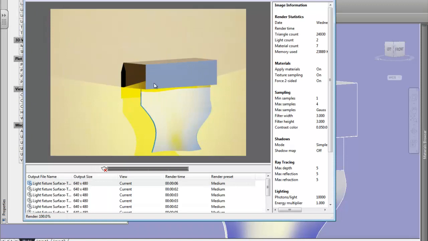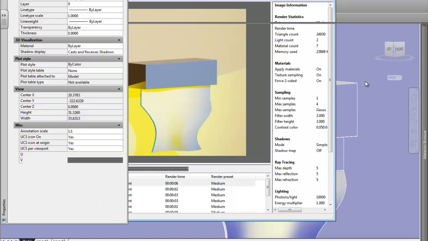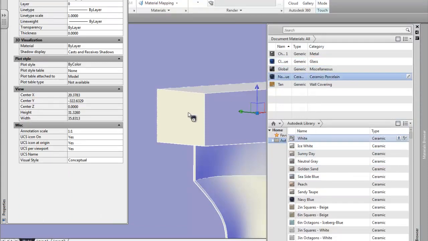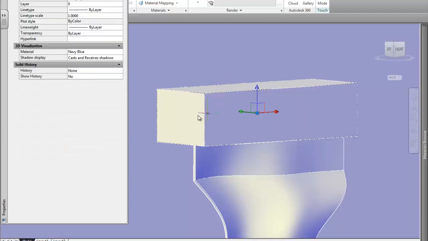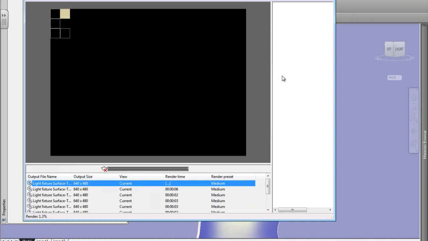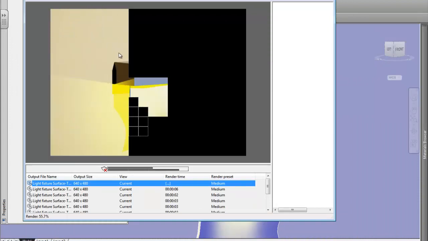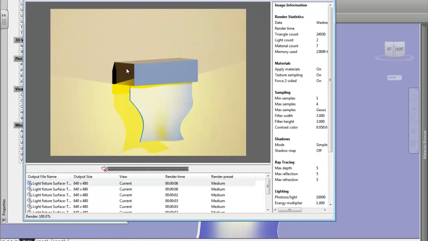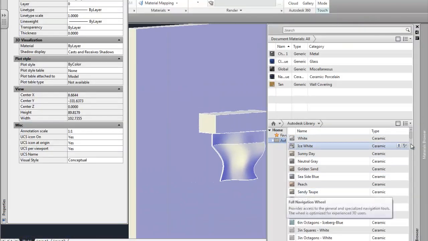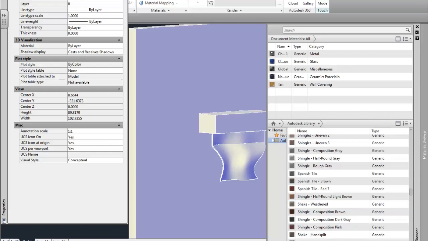I'm not sure why it's still doing that. Let's see. I'm going to change to ceramic. I'm going to do the whole thing the same color. Huh. Still kind of reflective. Not sure why it's doing that. Well, in any case, you can play around with the color because